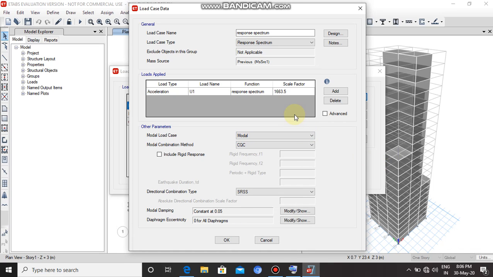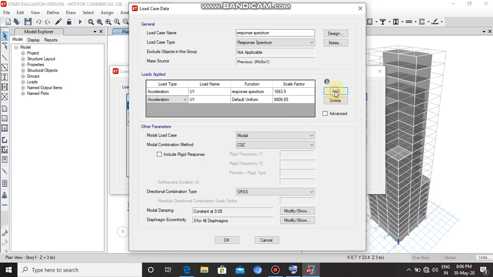This value of scale factor comes from the formula, scale factor equal to Ig by 2R, where I is the importance factor, that is 1, g is the acceleration due to gravity, 9810, divided by 2R, where R is the response reduction factor, which in this case is 3. From here we get the value 1663.5.